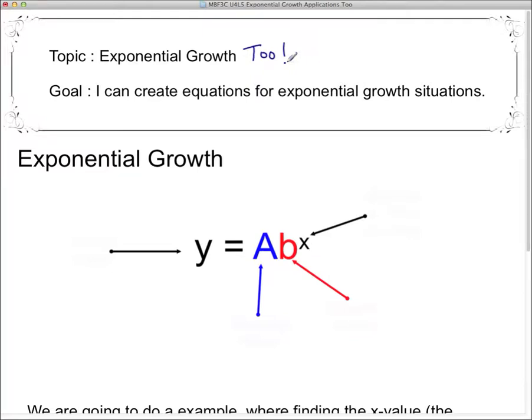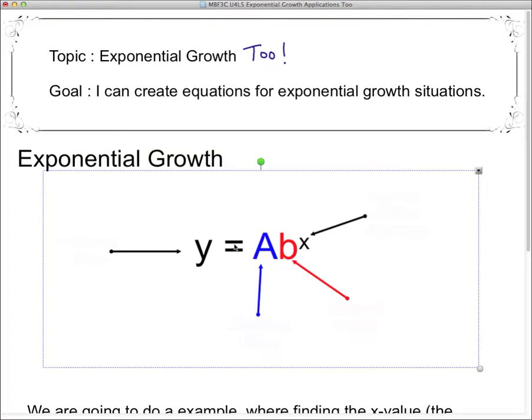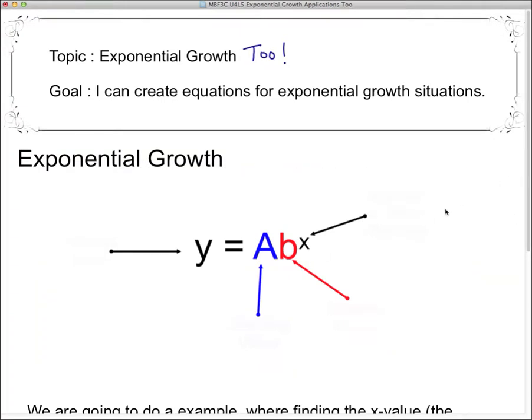So our goal: I can create equations for exponential growth situations. We're going to go over this general form one more time. This y here is the current value of whatever,